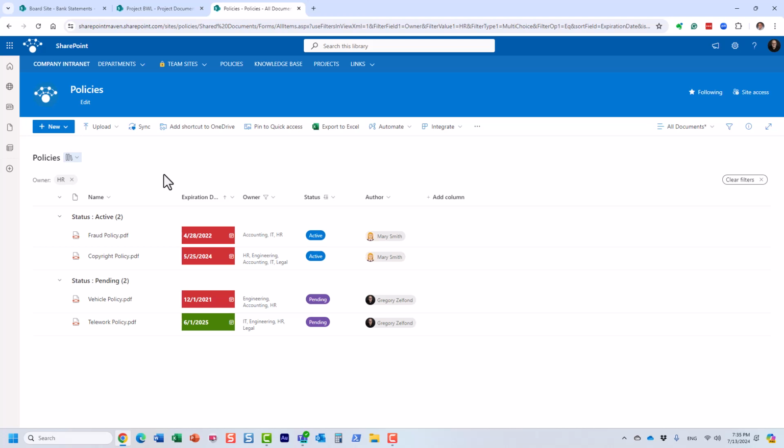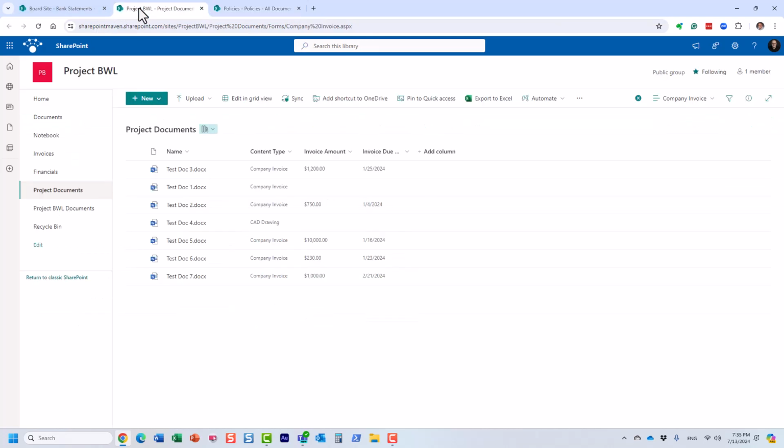But let's just say I want to upload something completely different, not a policy, maybe an invoice. Well, obviously, none of this metadata will make sense, because when I upload an invoice, I have different metadata tags. So in this case, we have a feature called content type. And essentially, what content type is, it's a way to combine metadata columns, metadata tags for a specific type of